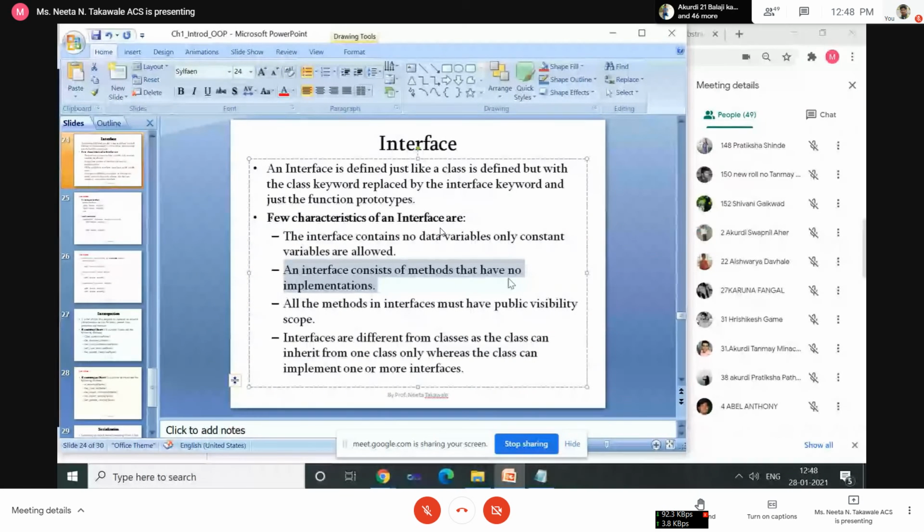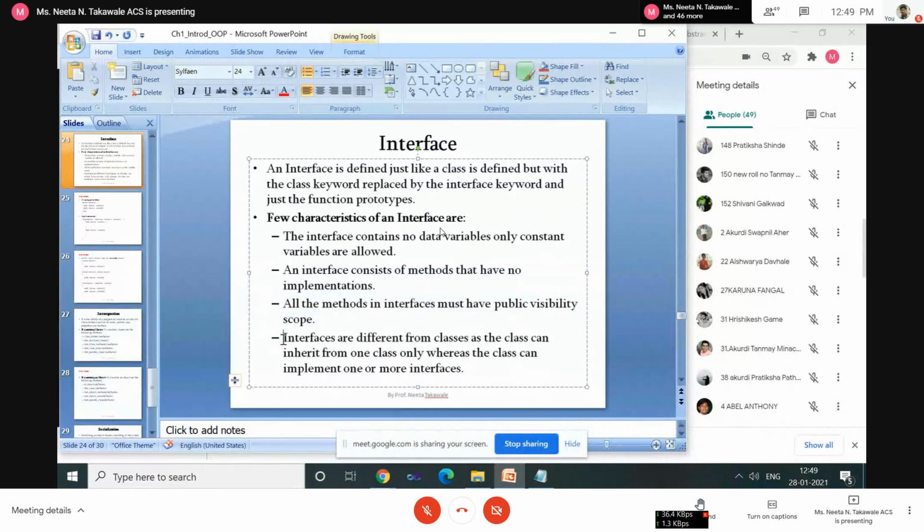That means inside the interface class, only the declaration of the methods. Okay. All the methods in an interface must have a public visibility scope. Okay, the methods that we are declaring inside the interface class, we have to declare using public visibility.